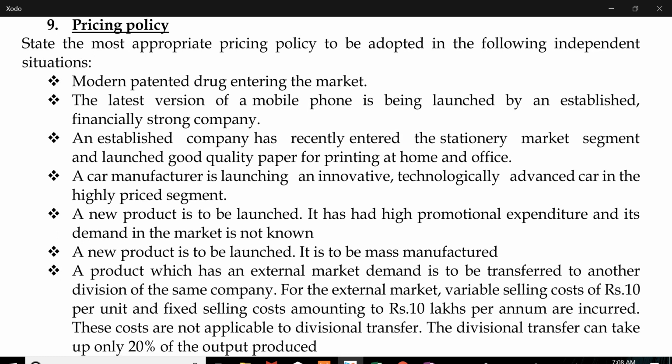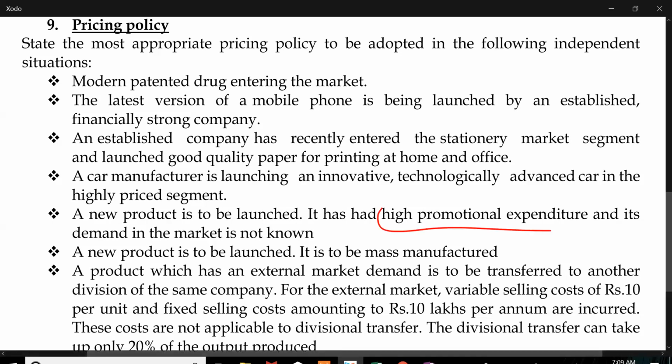A car manufacturer is launching an innovative, technologically advanced car in a highly priced segment. Looks to be skimming. A new product is to be sold. High promotional expenditure, demand is not known. When demand is not known and they are talking about high promotional expenditure, it is basically a feature of a